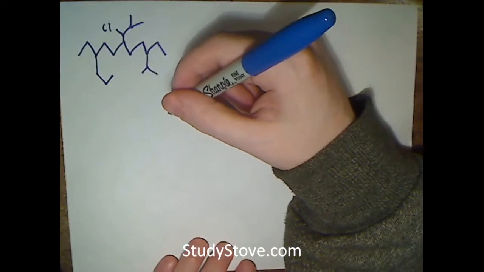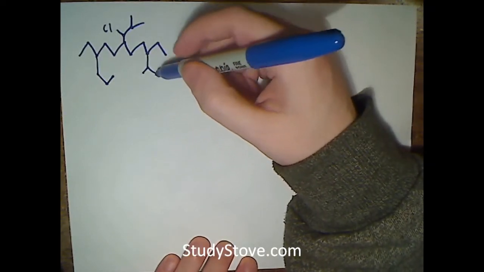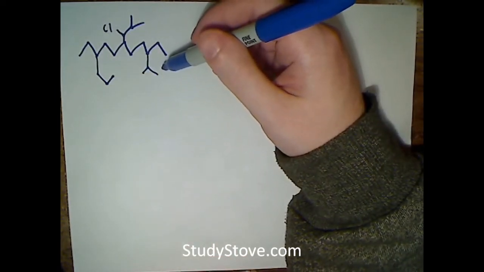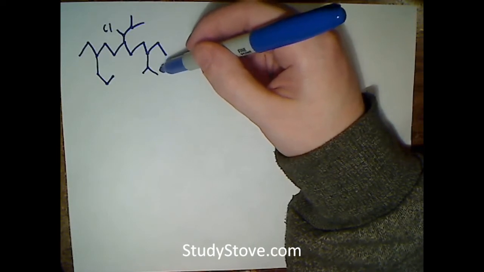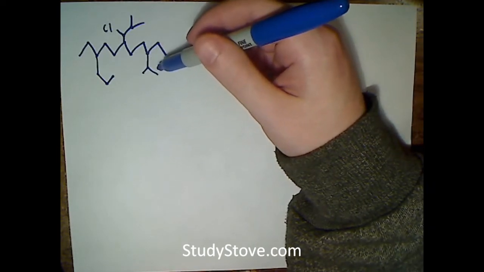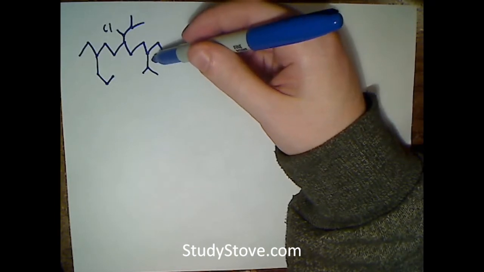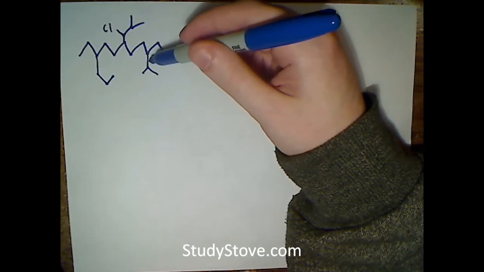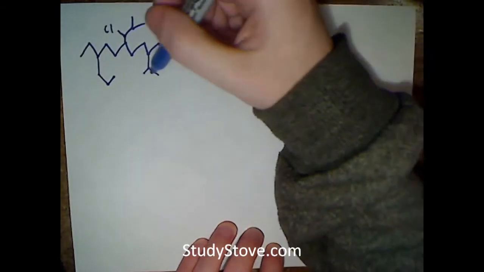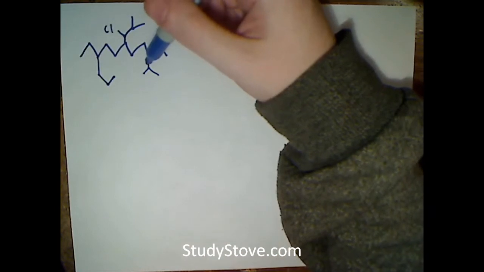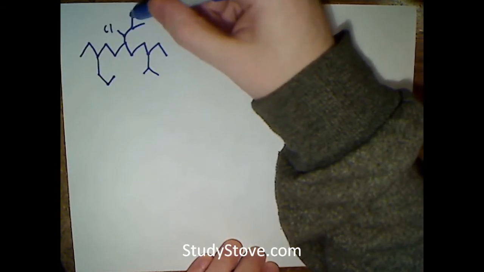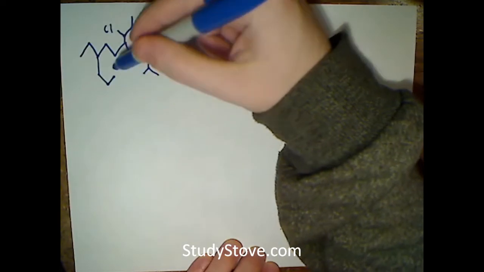So this question is asking us to provide an acceptable systematic IUPAC name for this molecule. And this is the typical kind of question you'll see when you first learn nomenclature in an organic chemistry class. They usually teach you about naming alkenes and different functional groups as you learn about reactions that involve those types of molecules. So this is about as complicated as it's going to get on your first organic chemistry exam. So to start these types of questions, you just need to first find the longest chain, which is called